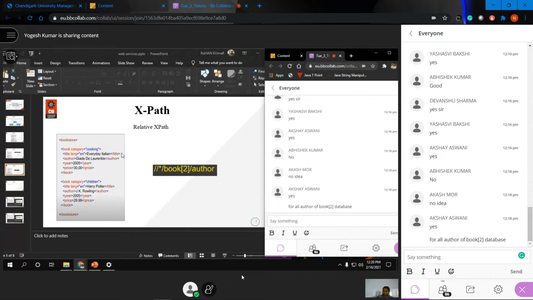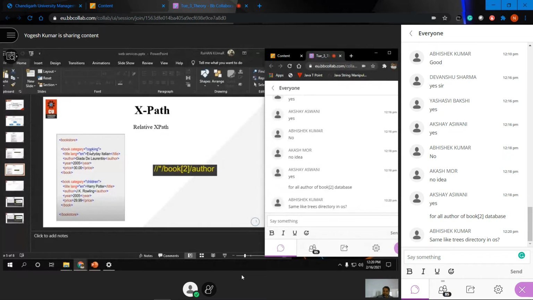Like the example I gave a little while ago: in case of absolute path, if you change your root tag name, then it will not extract data from this file. But if you are using a relative path, then you can change the root name. You can assign bookstore 1, or library, whatever you want, and this star will represent whatever root element we have, but within that we must have a tree.